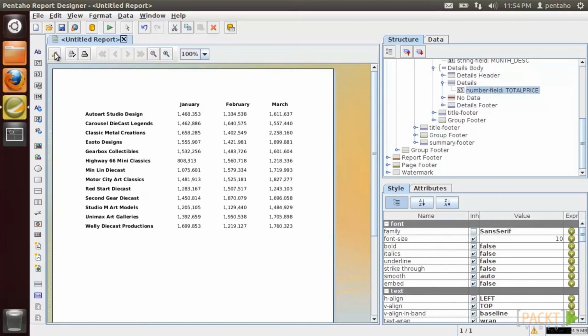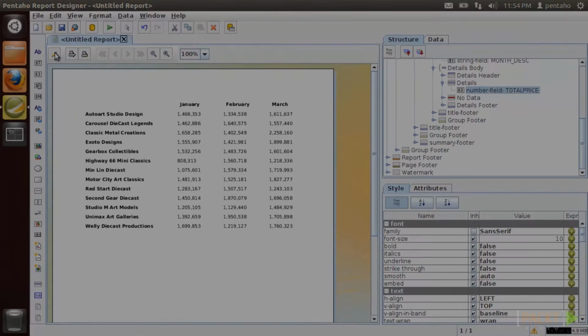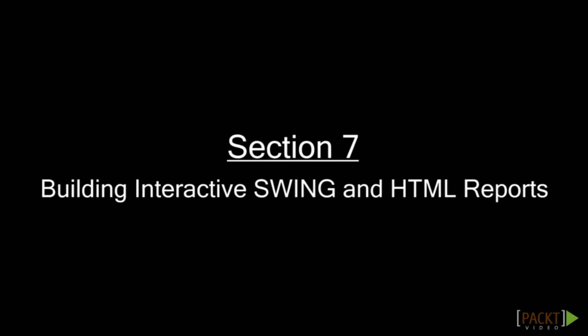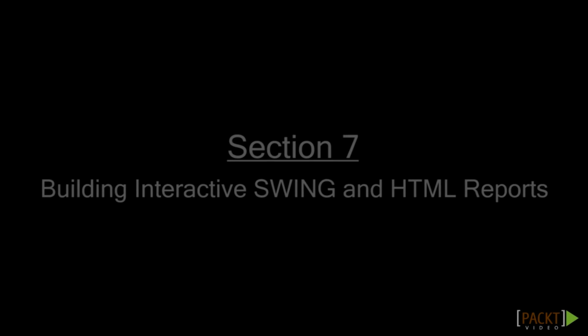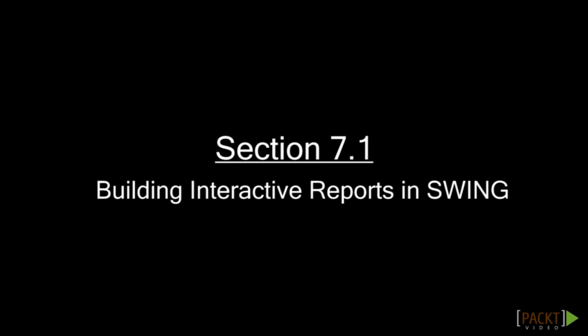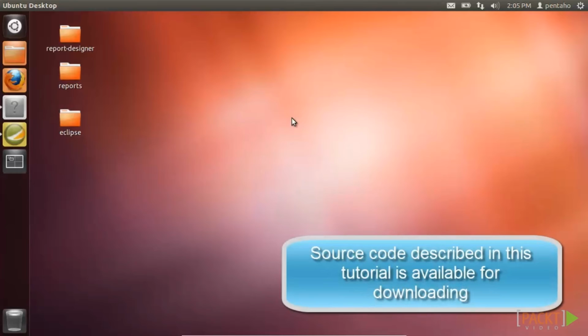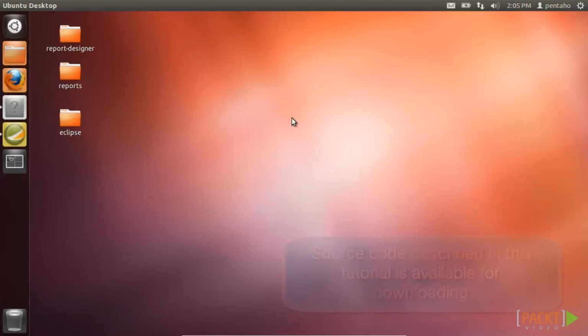In the next section, we're going to build interactive swing and HTML reports. In the last section, we saw how to add sub-reports and crosstabs to your Pentaho reports. In this section, we're going to see how to build interactive reports starting from swing applications. An interactive report is basically driven by events. For this reason, event bindings are defined in the report's definition, making it possible to receive event notifications from within